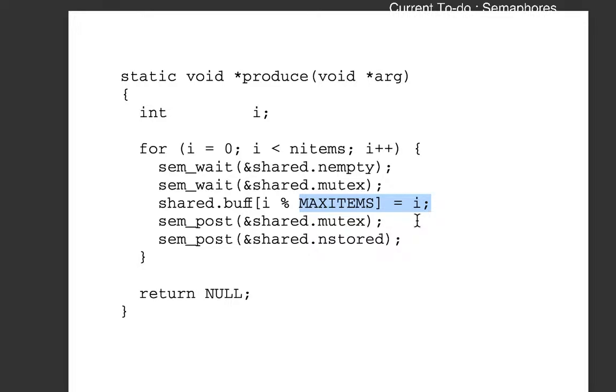Why are we doing this often? Can we just do... I'm not too sure about this line, but it's just an implementation choice, I think. Sem wait and then sem post shared empty, shared mutex obviously after doing that, and sem post and stored. Oh yeah, and then